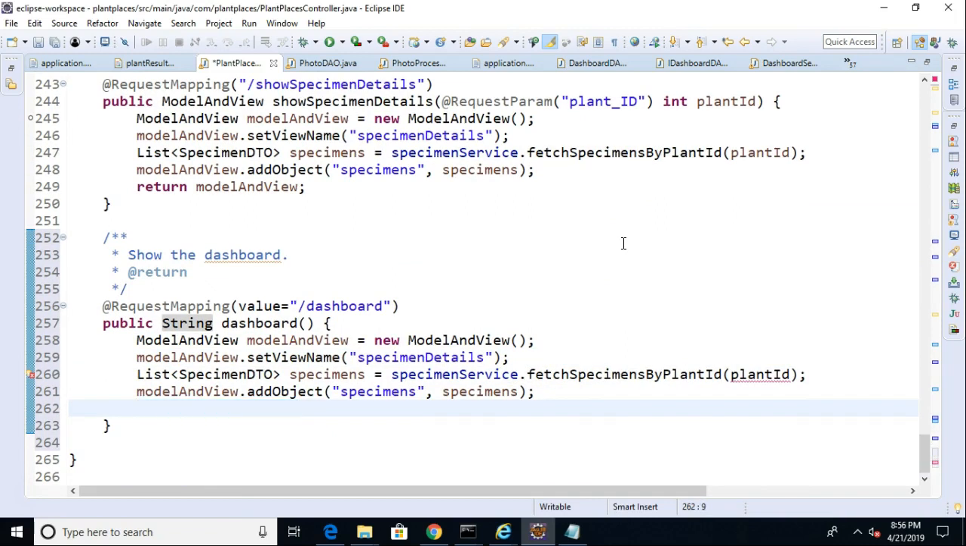We'll say return model and view. And up here we'll say set view name. Oops, don't need to do that. I think I did a little too much typing there. Okay, up here we'll say set view name dashboard. Okay, and now we'll say,